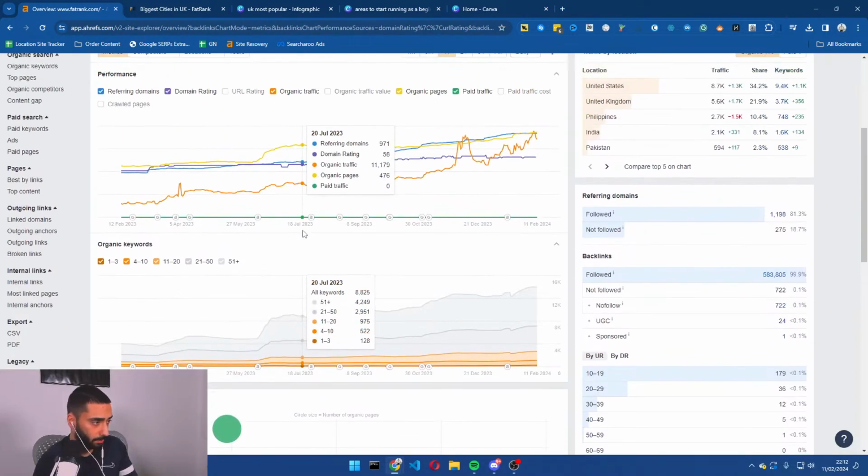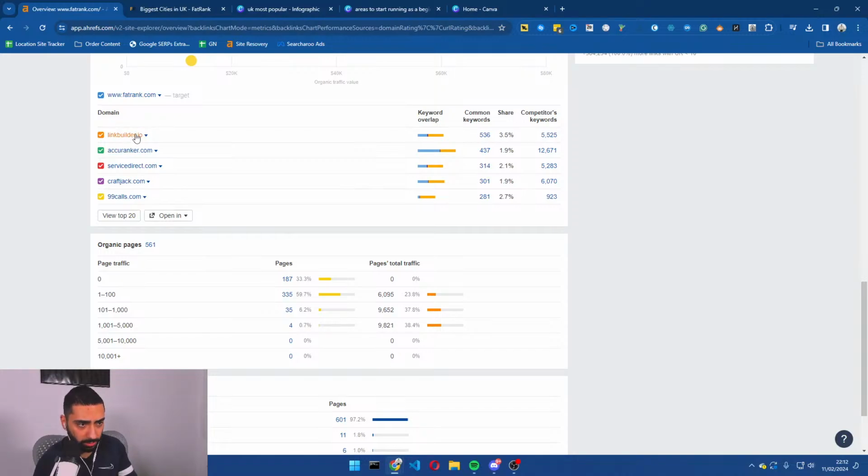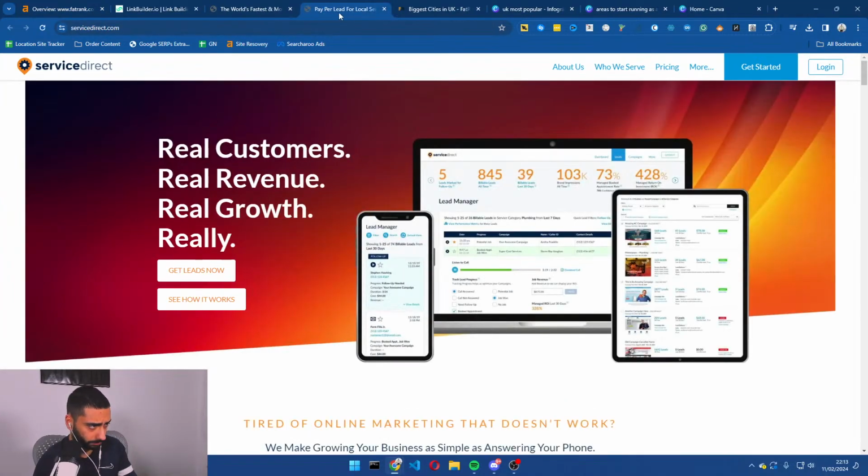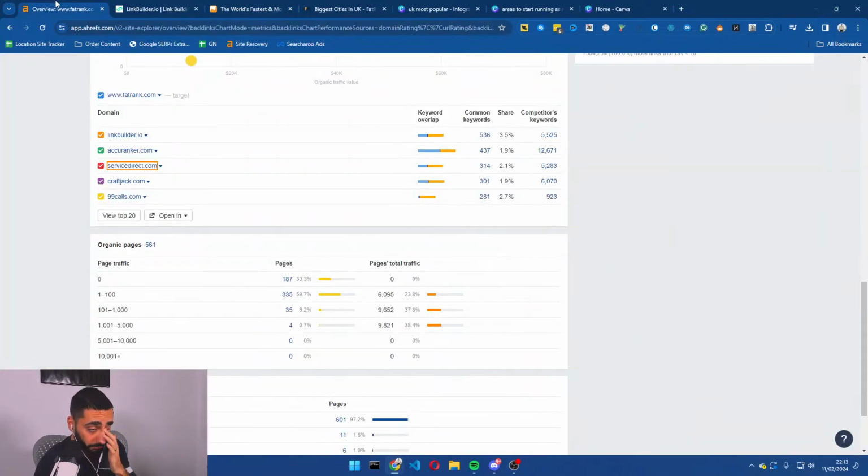and let's pick a couple of our competitors. So we've got linkbuilder.io, we've got AccuRanker, and we'll do CraftJack as well, right? So I've just picked 3.